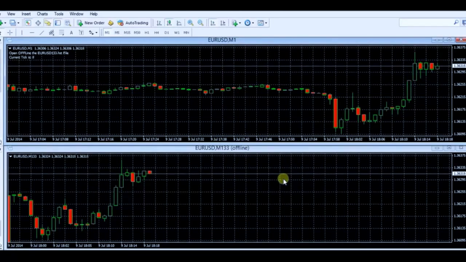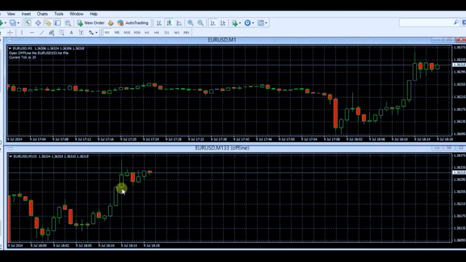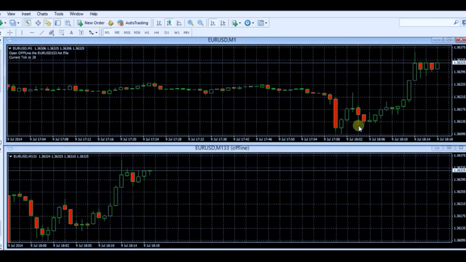And we're just going to watch this a little bit longer. Maybe something else will happen here. I guess in the meantime I'll explain again what happened. You had this nice breakout here, which you saw the confirmation of in the 133 tick chart, as you saw in the